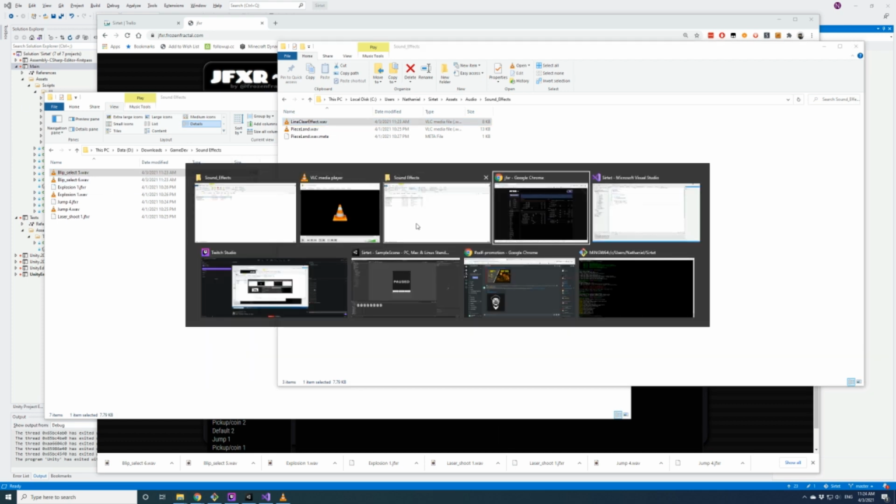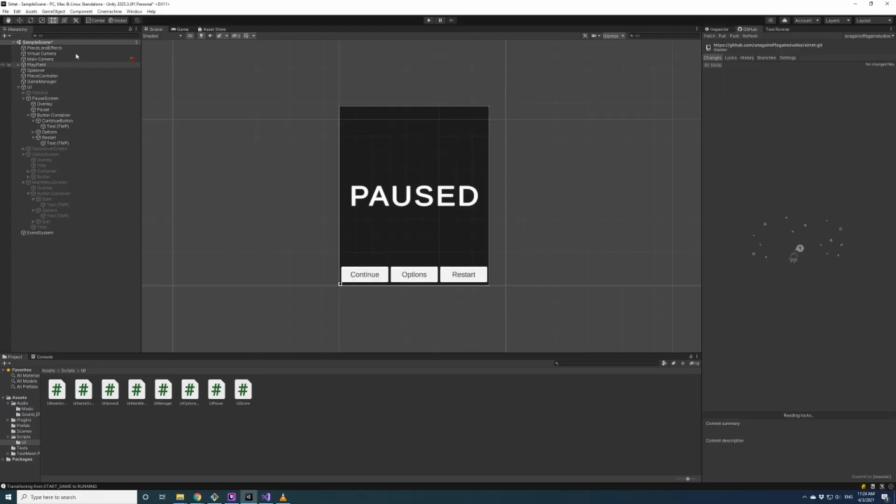Okay, now if we go back into the scene, so we have a piece lands effect.